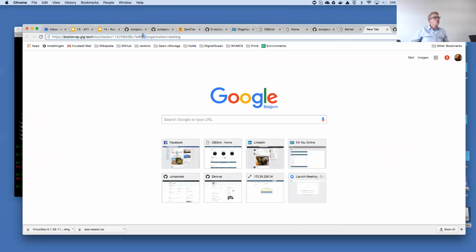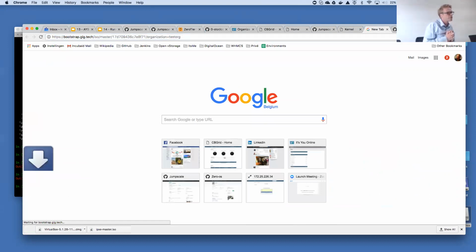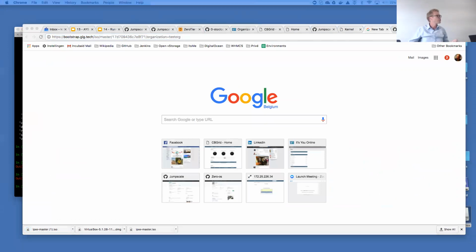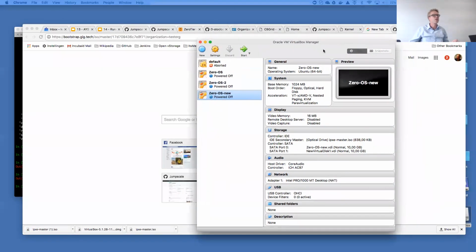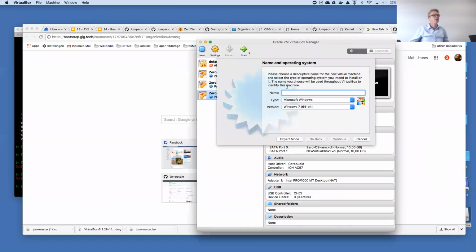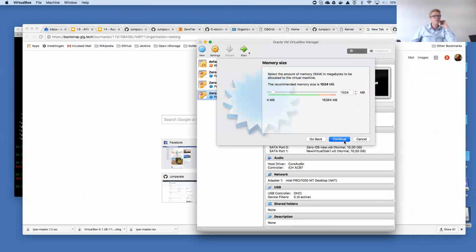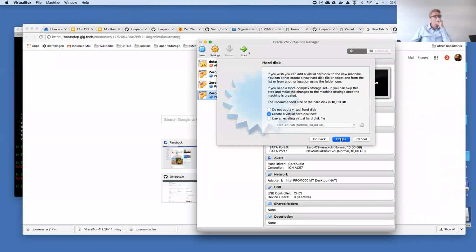Okay. So downloading this will give me an image. It's downloading, that I can now use on VirtualBox. Let's get to VirtualBox, and let's create a demo machine like this. Select Linux, continue, accept all the defaults.